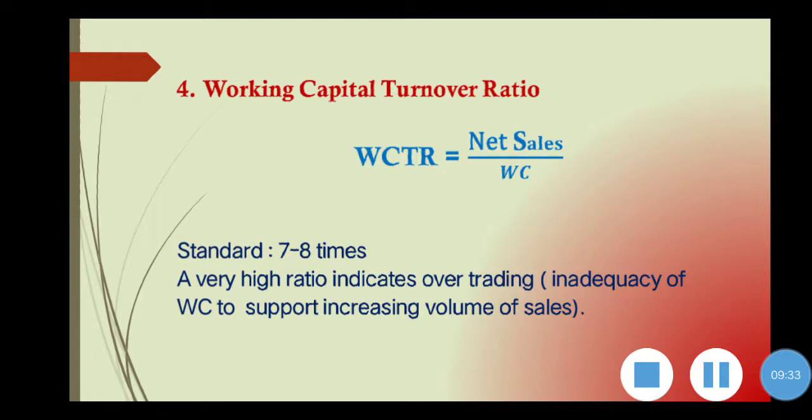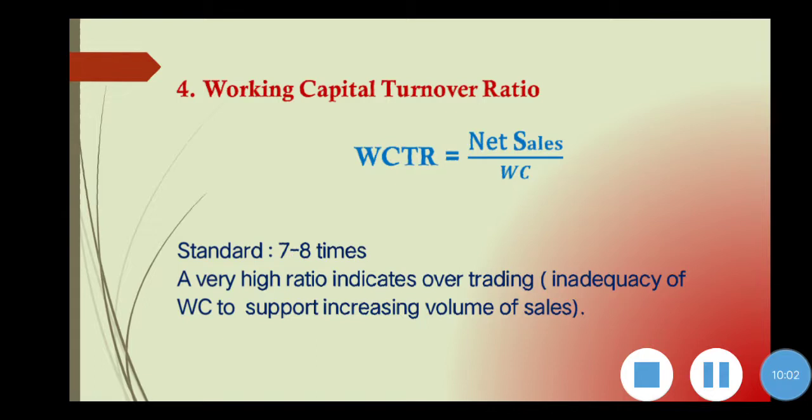when you compare with your working capital, your net sales is 10 times more than that of the working capital. That is the interpretation. So if your sales volume is increasing, the sales volume is very big, and your working capital position is lower, that is the interpretation of this ratio. So there will be an impact of over trading.